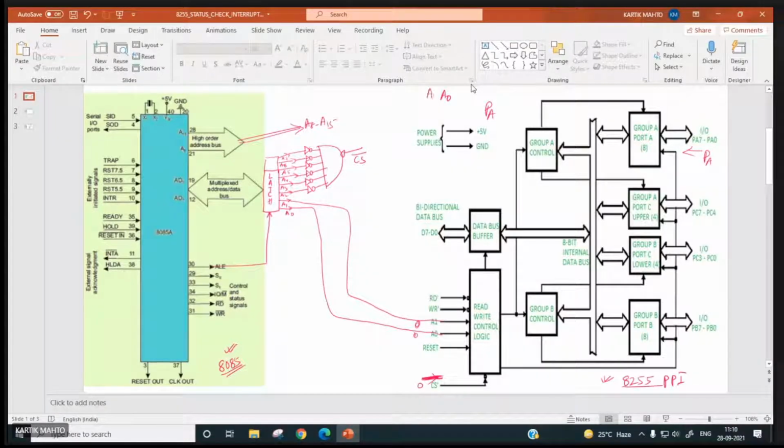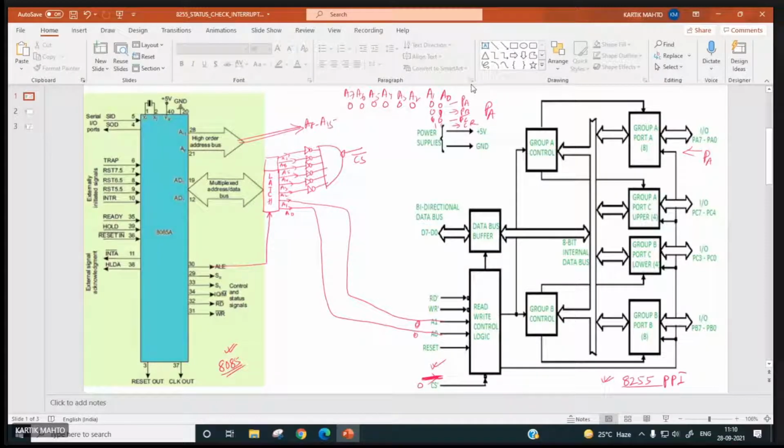A0, A1, A2, A3, A4, A5, A6, A7. 0, 0 port A, 0, 1 port B, 1, 0 port C, and 1, 1 control register address, right? But you have to consider these bits also, no? So all these have to be 0. Then only this chip select will be 0 and this 8255 will be selected.